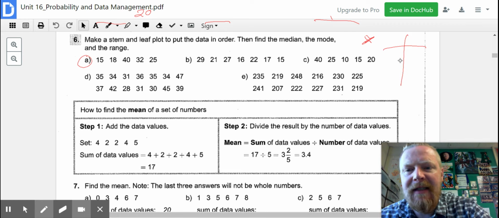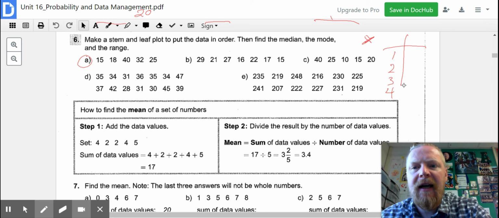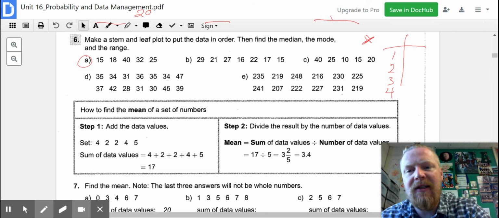Okay, now my stems look like 1, 2, 3, and 4. So I'm going to put these in order: 1, 2, 3, and 4. Those are the leftmost digits, sorry, and the right digits are